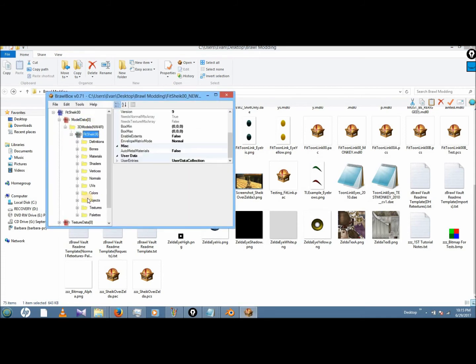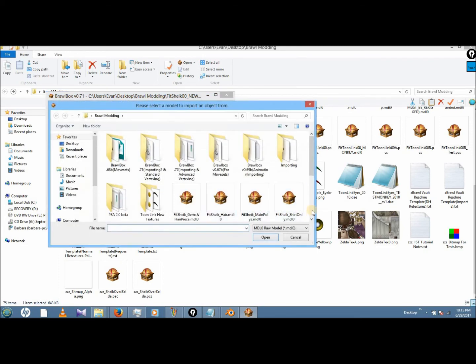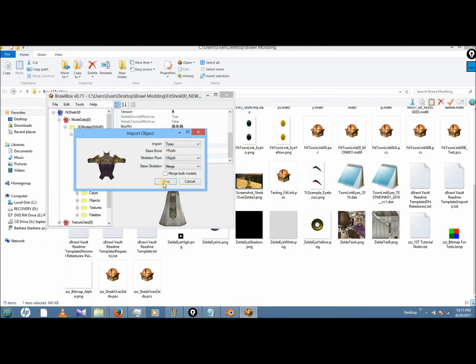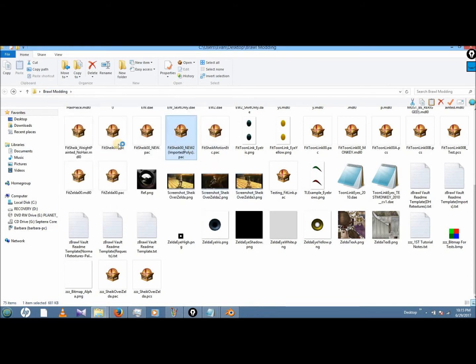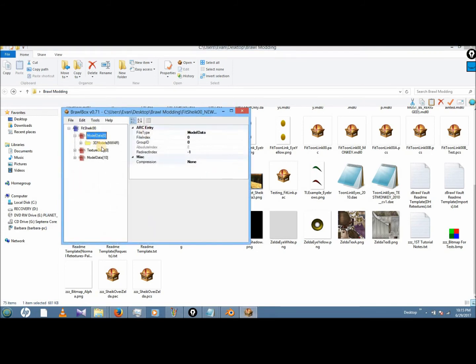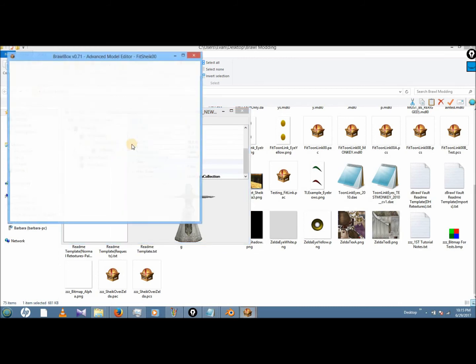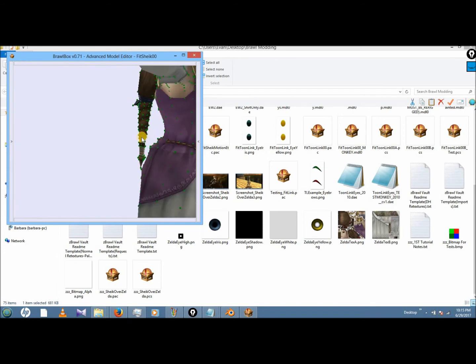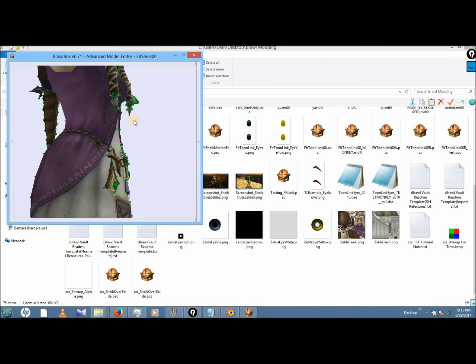Then back in this one, I can import new object, that object, save, exit. It's always very important that after you click new import new object, use save, exit, and reopen, because otherwise BrawlBox might crash if you attempt any vertexing of any sort or editing the polygons. So it's always better safe than sorry. Always.